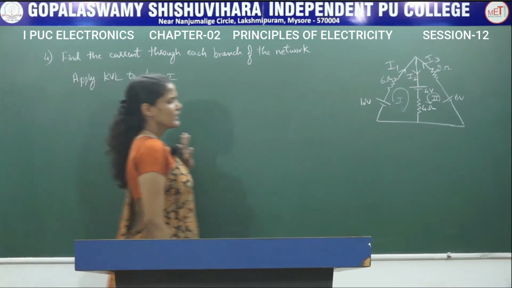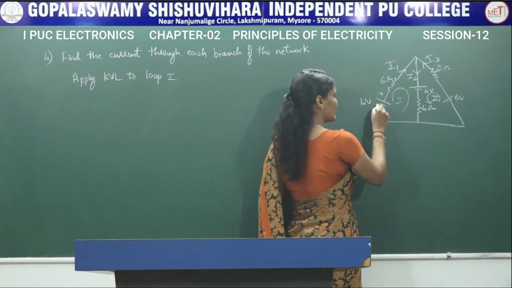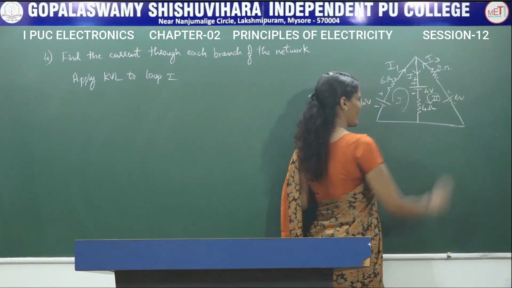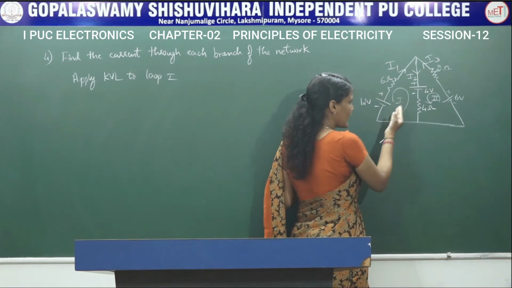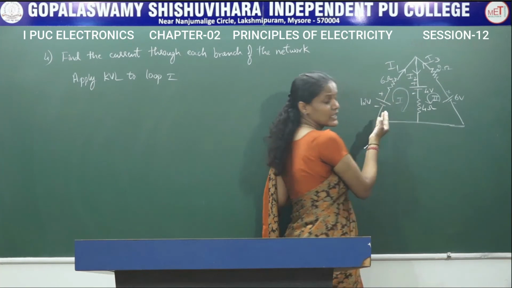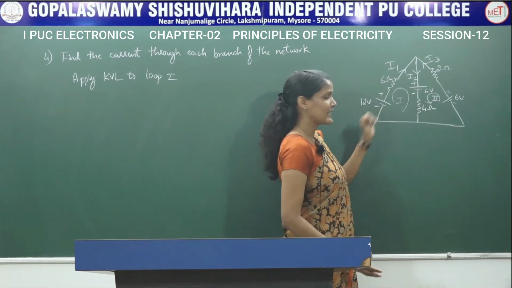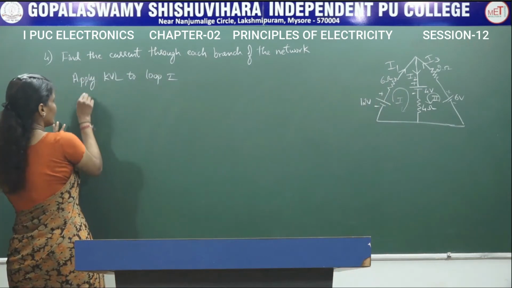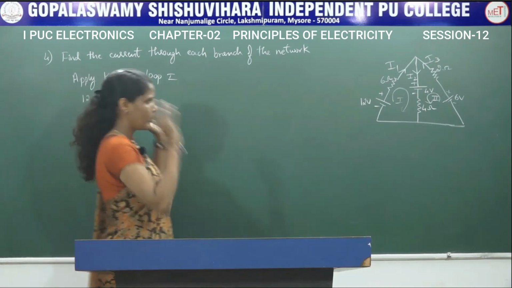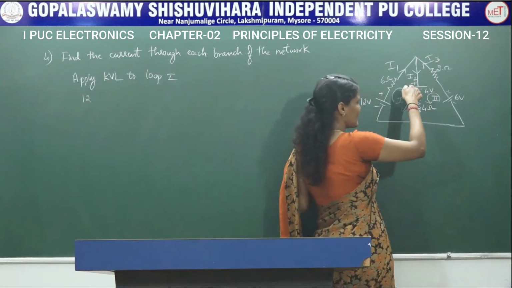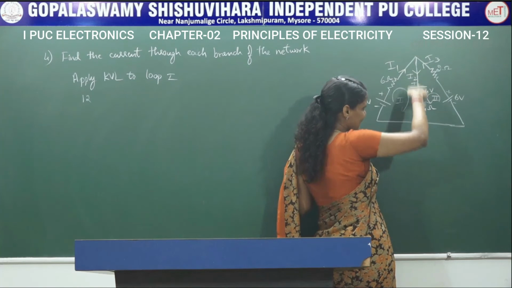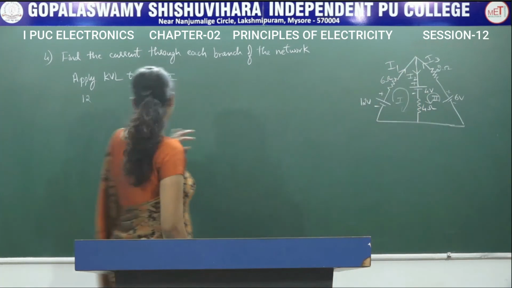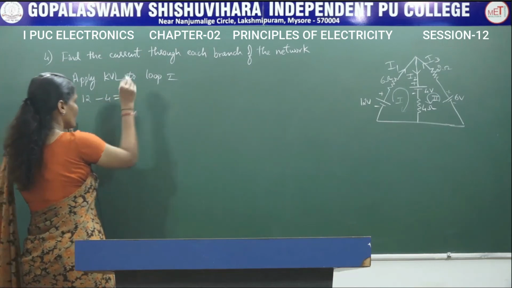Here this is the positive terminal of the battery, whereas this is the negative terminal. This is positive, negative, positive, negative. Now the loop current is flowing in this direction, that is from the negative polarity of the battery to the positive polarity of the battery. So the sign convention for 12 volts is positive. Whereas coming to this part, the branch loop current is moving from the plus to the minus side. So the sign convention for 4 volts is minus 4.